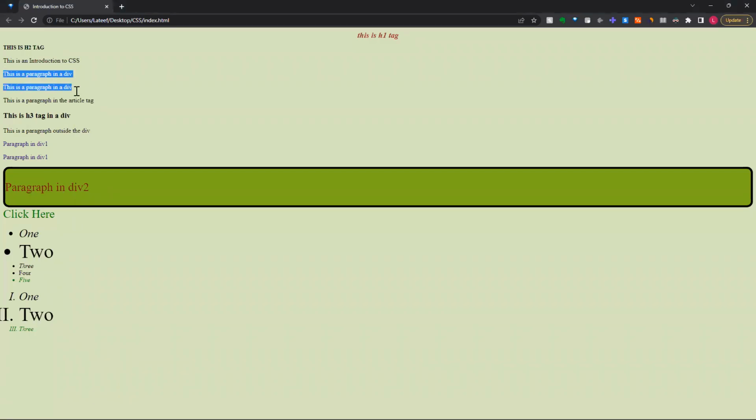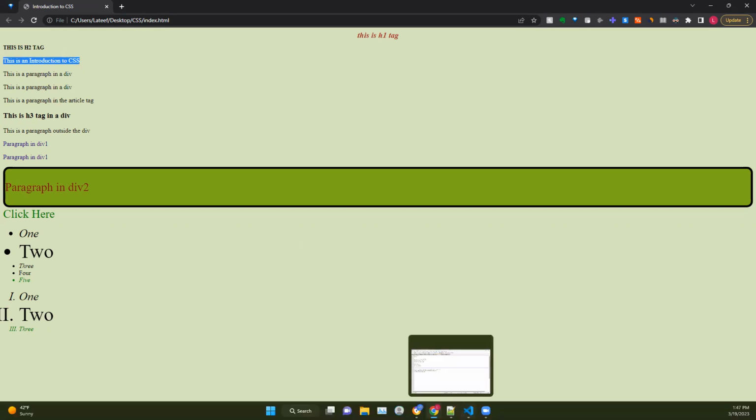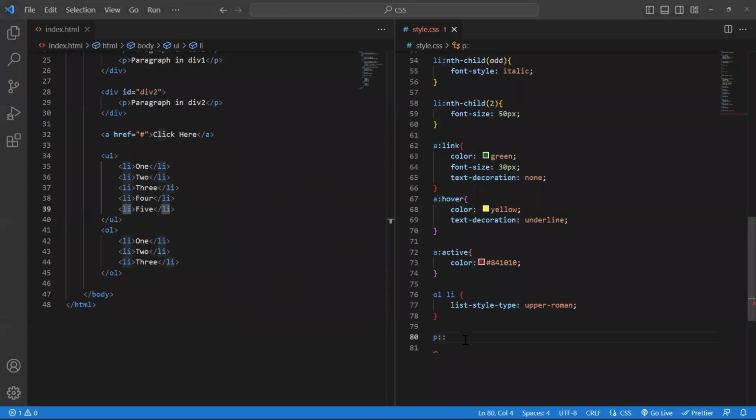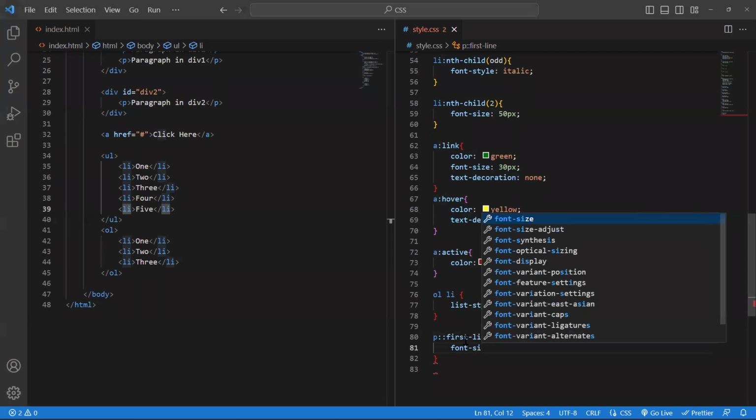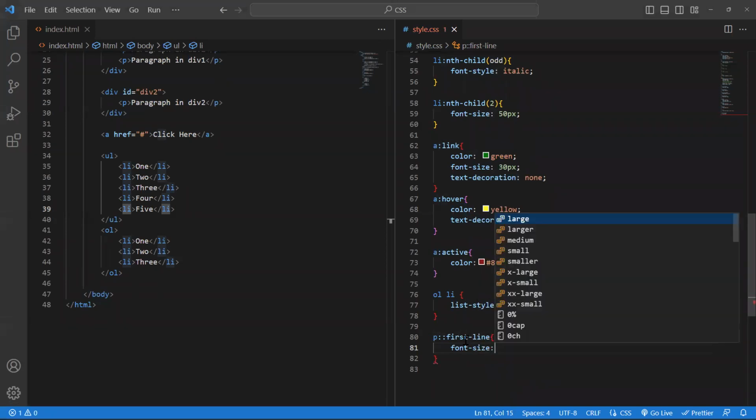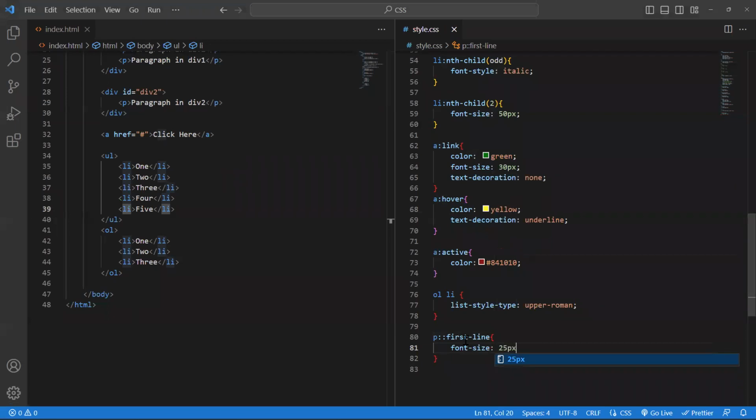So we have paragraphs here. These ones, they are all paragraphs. And then let's say I want to style just the first line. No, this is an H2 tag. So this one is the first line. So we can apply that to it using pseudo elements. So let's say I have the paragraph, and then I have the first line, and then I can say the font size